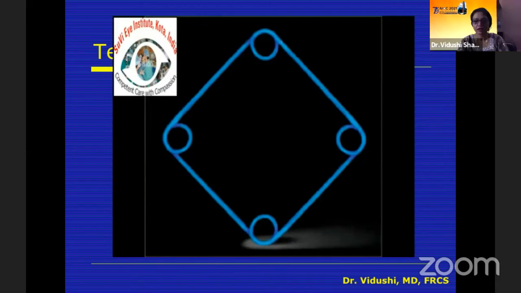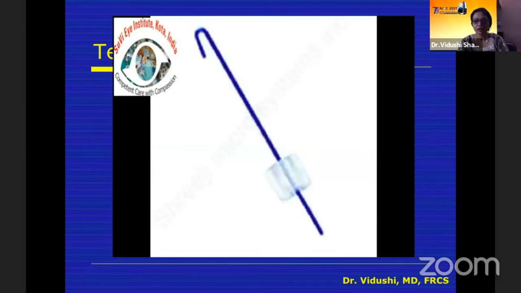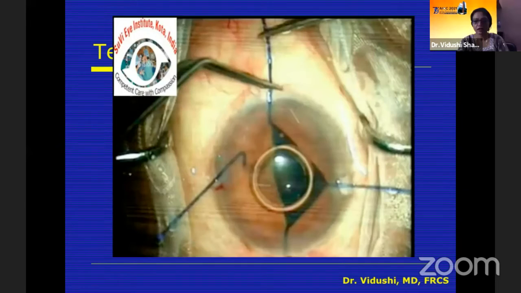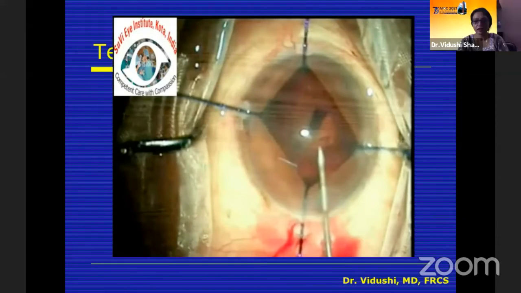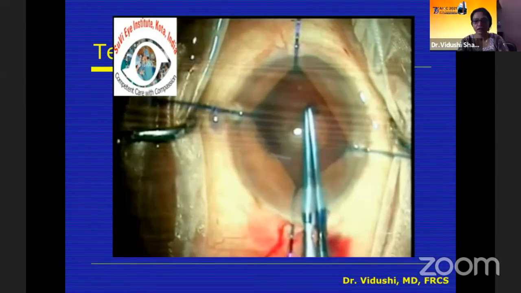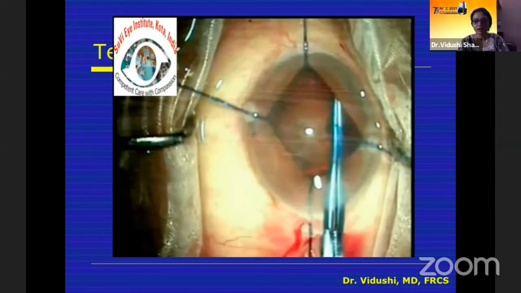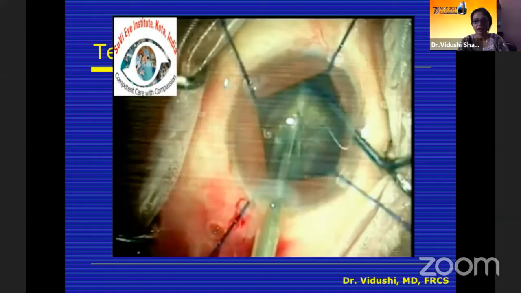They are less commonly used now with the availability of the pupillary expansion devices, but they will not become obsolete, because there are some cases where iris hooks have a role, like if there is an asymmetric small pupil where you want to... it is much easier to titrate the stretch on the pupil with the iris hooks. You can use it in a particular area, suppose you're in an IOL exchange or some such maneuver, then the iris hooks are more advantageous.